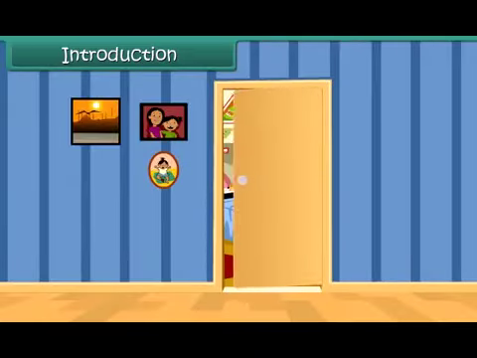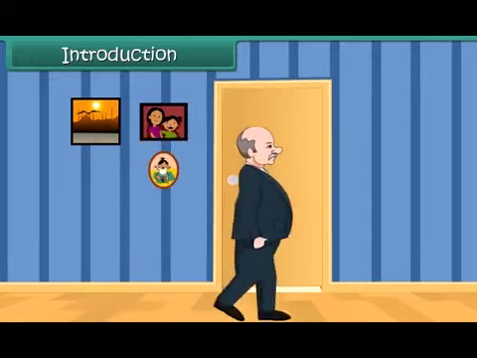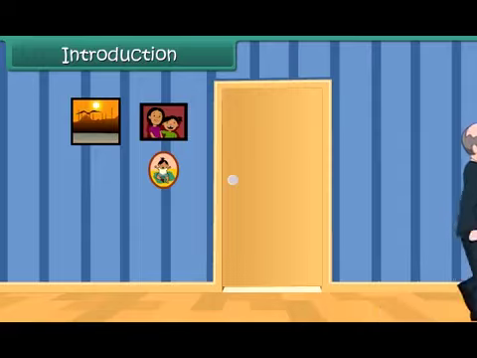Suppose all the doors in your room are closed. Then how can you guess whether anyone is crossing the room? Yes, you can identify it by hearing the footsteps of the person.